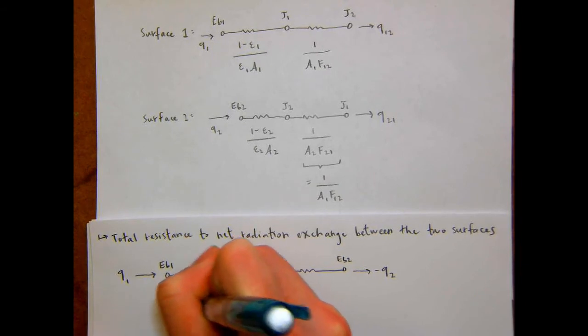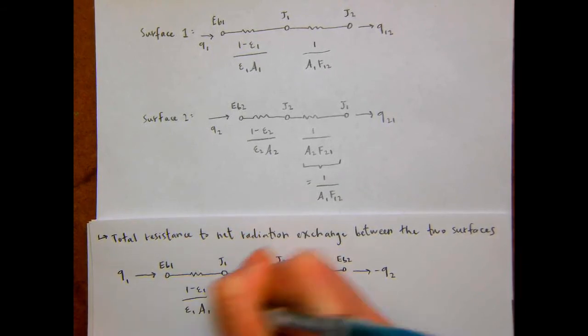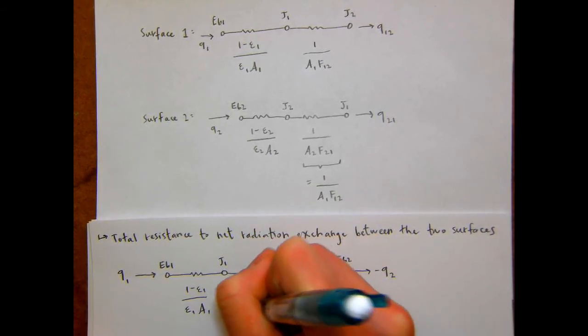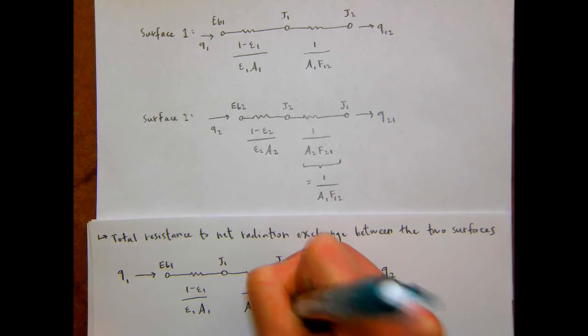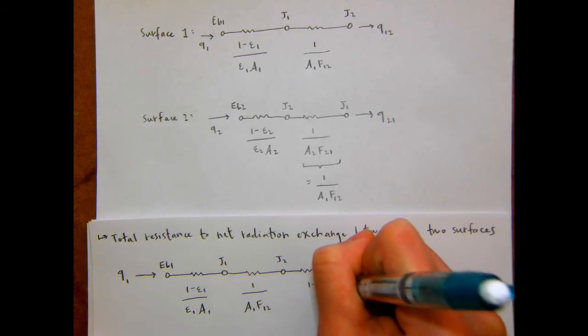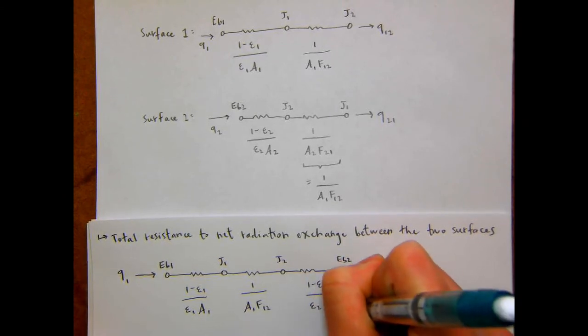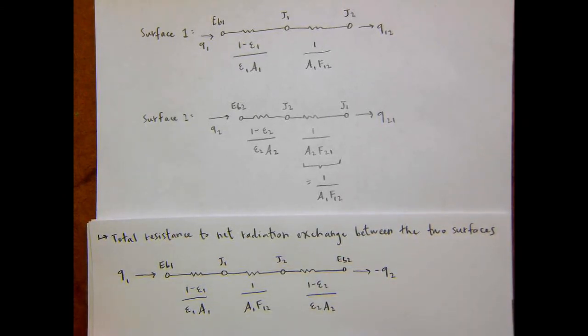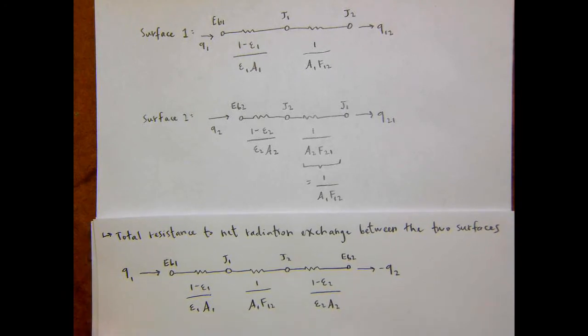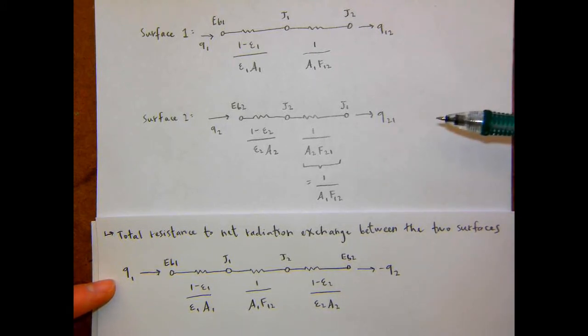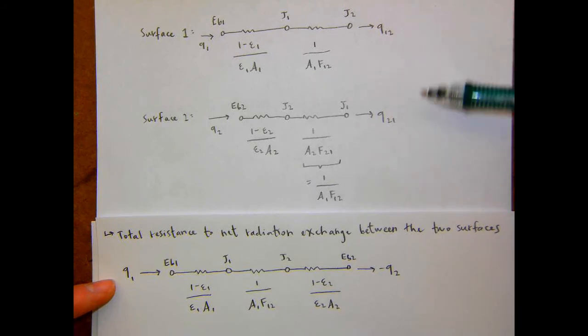With the respective resistances in there. So we can write the total resistance like this because Q sub 1 is directly equal to negative Q sub 2. And if you look back at the original circuits, you can see that they're still kind of represented accurately